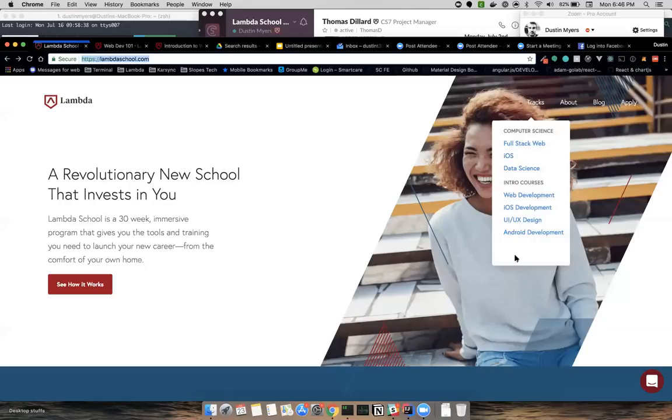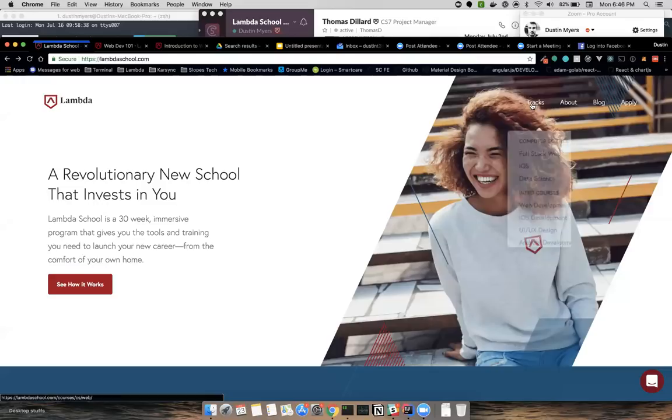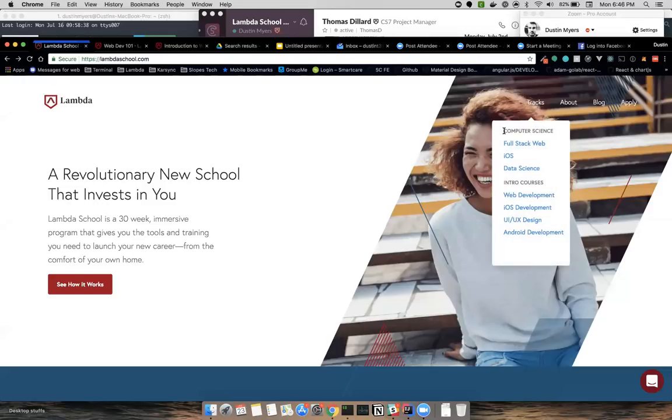But the structure of this little box is defined by HTML, and the content is defined by HTML, all the words. Then the color of the links, the rounded corners of this box, the size of this little arrow at the top, the fact that this header is in all caps, uppercase, all of that is defined by CSS.